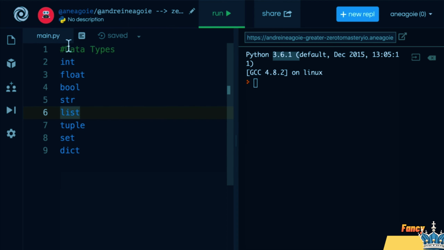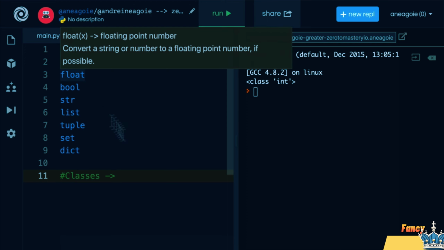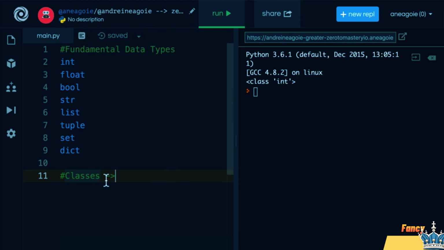Now, these data types are called the fundamental data types in Python. They are the core to the language. Now, after the fundamental data types, we also have something called classes. So beyond these data types, we can actually create our own using something called classes. So these will be custom types. Again, something that we'll learn about. So I can create a class that I can name whatever I want. For example, supercar. Now that doesn't exist, but I can create it,